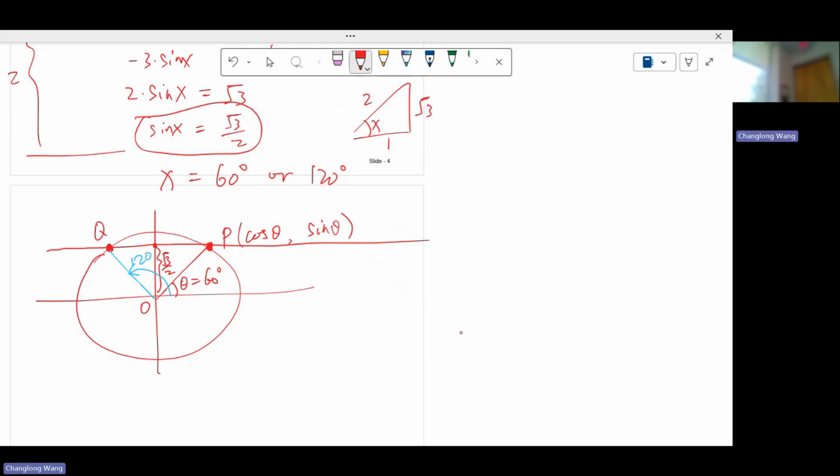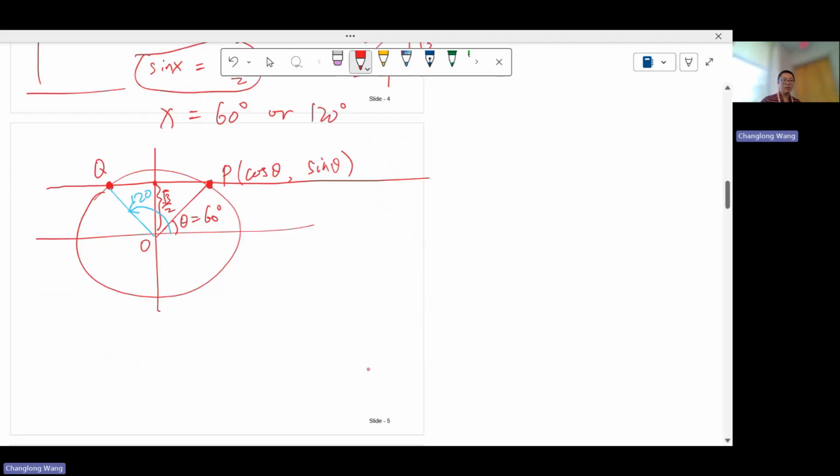By 360, right? I can go another round, so I'll keep adding multiple 360 degrees, right? Well, what if I go the other way around? You'd be subtracting 360 from 60, right? So guess what? Now this is the fancy way to write the solution for both angles to make them infinite